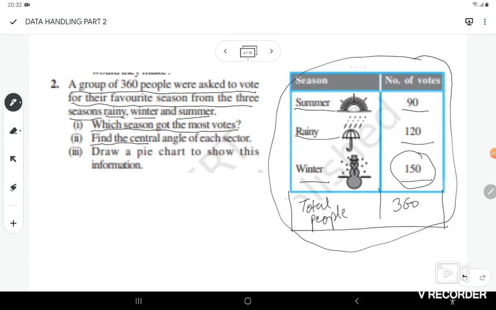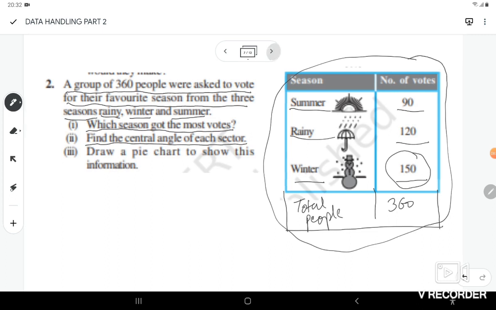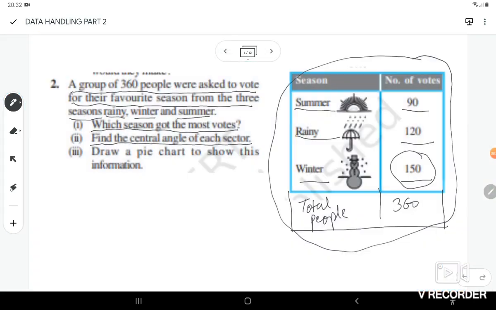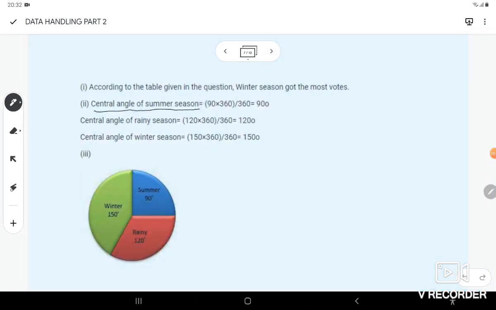Next part says find the central angle of each sector. So you can find the central angle of summer season by number of votes, that is 90, divided by total number of people who voted, that is 360, into 360 degree, that is overall angle of circle, which gives central angle of summer season as 90 degree, and central angle of rainy season would be like 120